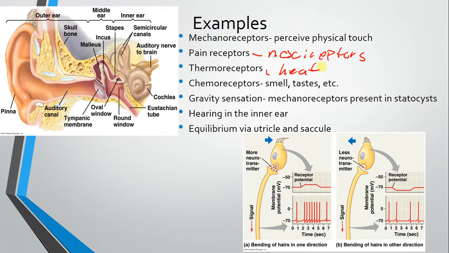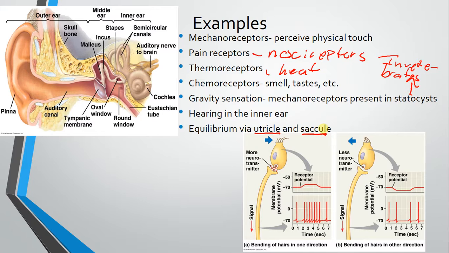For gravity sensation, there are mechanoreceptors present in statocysts, which are actually in invertebrates. Then there's hearing in the inner ear and equilibrium via several different anatomical features of the ear, the utricle